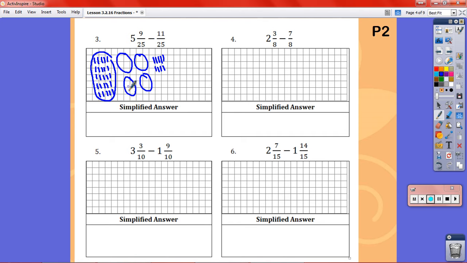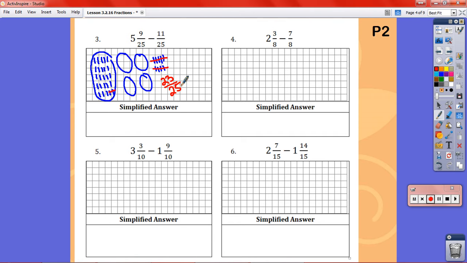Okay, I didn't fill in the tally marks in these. You could, if you wanted to, or you could just say, well, there's 25, so there'd be 25, 50, 75, 100, 125 pieces plus the 9 here. We don't really need that for the purposes of this. We just need to take away 11. So we need to take away 5, 6, 7, 8, 9, 10, 11. So this is 5, 10, 15, 20, 21, 22, 23